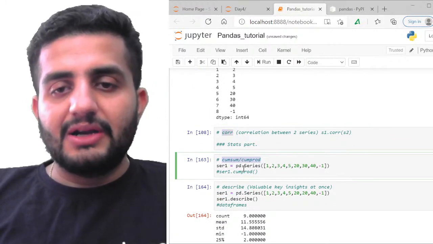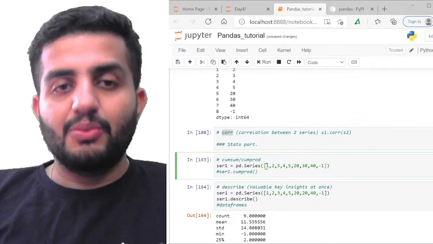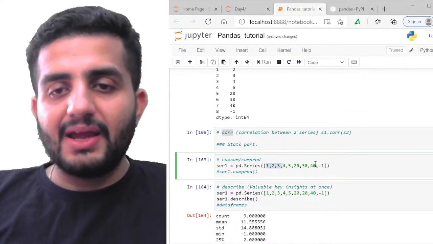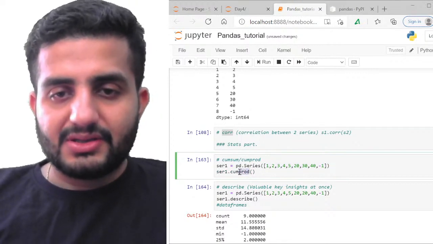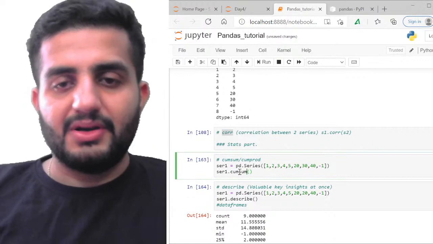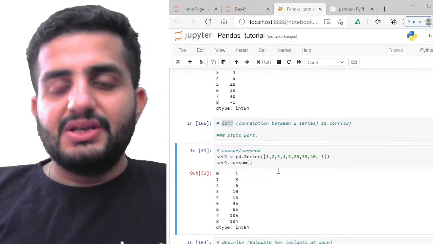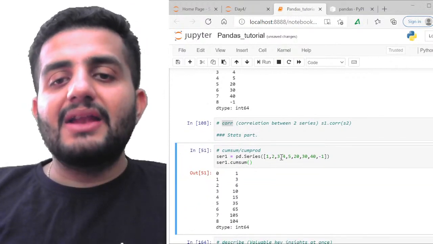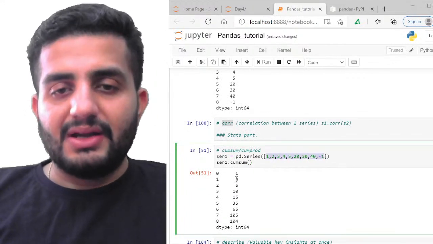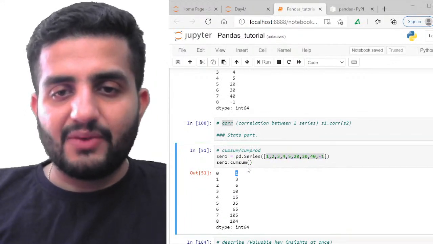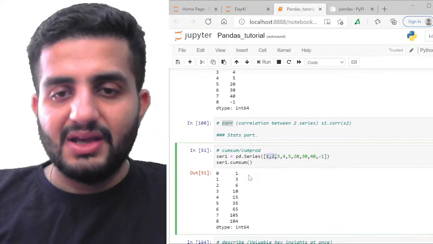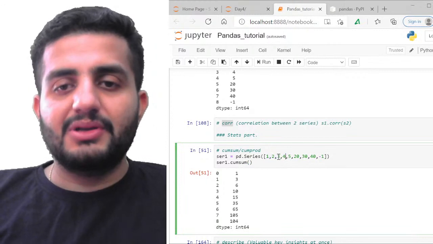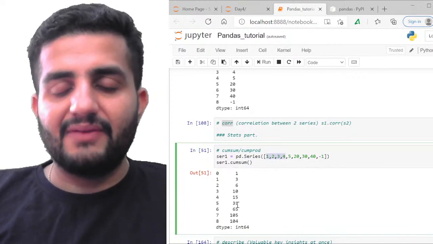Basically, cumulative sum is summing up all the elements. So let's just check cum sum first. If you see this, it keeps on adding the elements in my series. The first is 1, the second is 1 plus 2, which is 3, the third is 1 plus 2 plus 3, which is 6, then 1 plus 2 plus 3 plus 4, which is 10, and then 15 likewise.